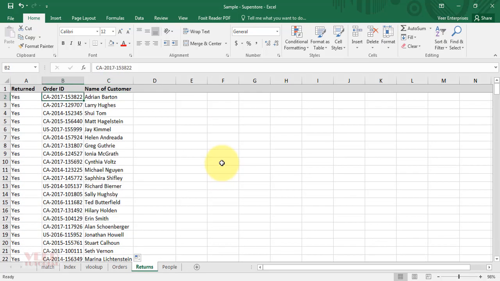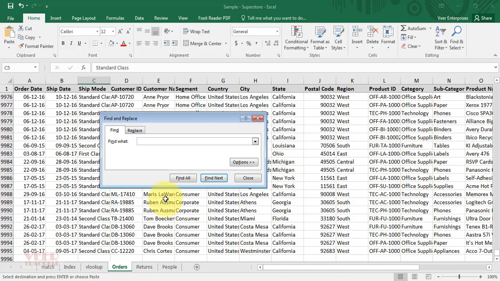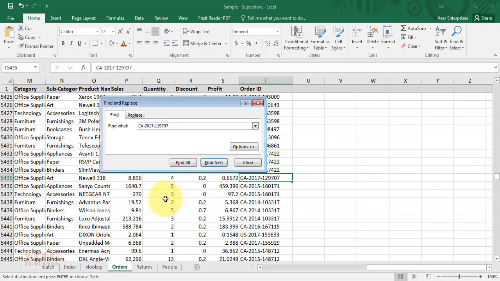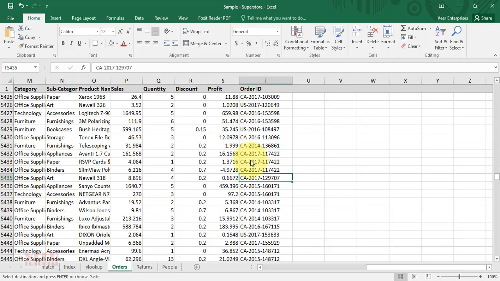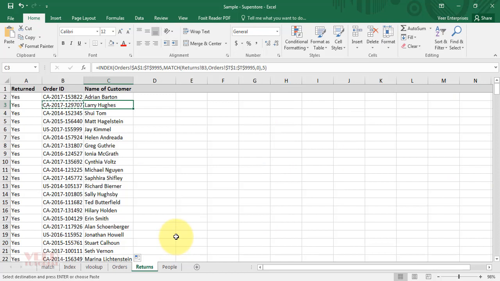So you can search by this. Come to the order sheet, search by pressing Ctrl F, Ctrl V, press enter. Now close the tab, press home, and now you come to the name. It's Larry and you can see the name. So that way you can use INDEX and MATCH function as an alternative of VLOOKUP function for getting results in a better way.